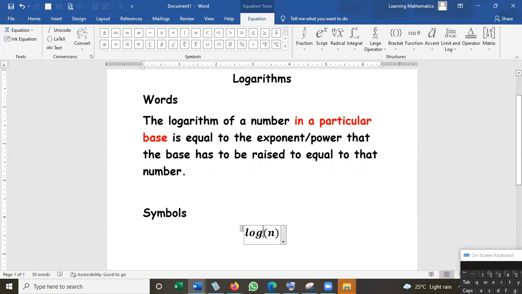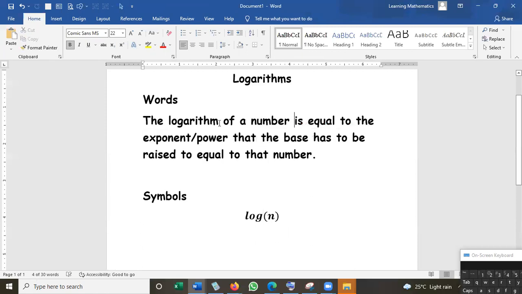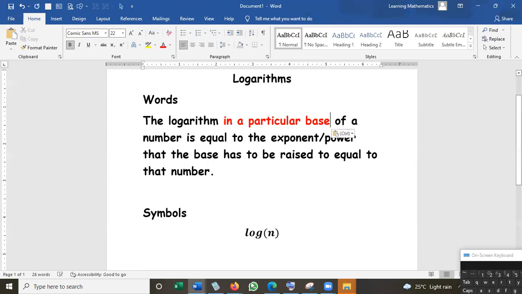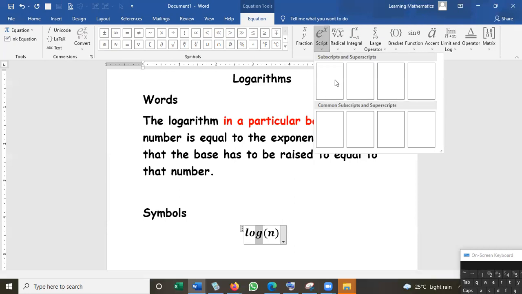That's where the base is normally placed, after the g. It's just like sine squared x. Instead of putting the base at the end, you can say the logarithm in a particular base of a number. So the logarithm in a particular base, let's write the base as a subscript, and b for base,